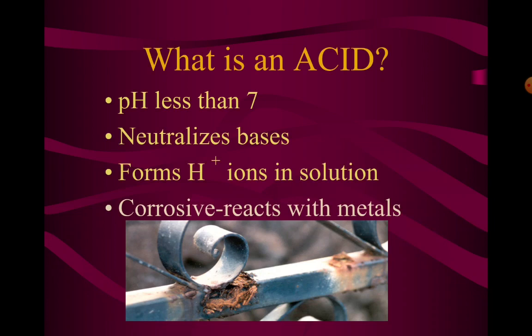The next property is that acids are corrosive and react with metal. Whenever we see any corrosion on metals, and when we put acid on that, the corrosion is removed immediately. Or whenever any metal is in contact with acid, it gets corroded. Corrosion is a type of reaction between metal and acid, because of which a layer of corrosion or rust is deposited around the metal surface. So this is another property, that it causes corrosion of metals.